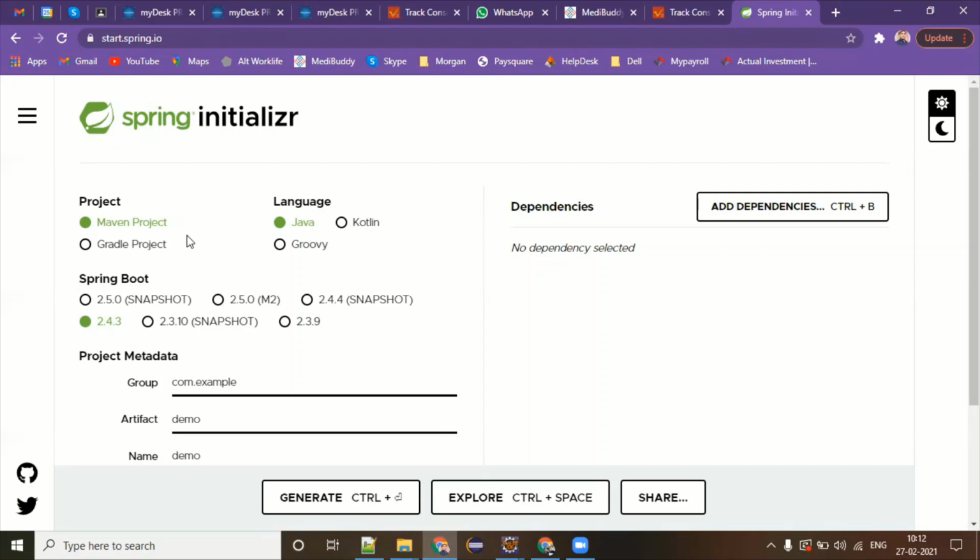Somewhere they were violating Oracle's copyright, and that is the reason Oracle put a case on Google. And in the USA, Oracle won the case. They claimed a good amount from Google, and after that Google decided to move ahead from Java, and they launched a new programming language called Kotlin.